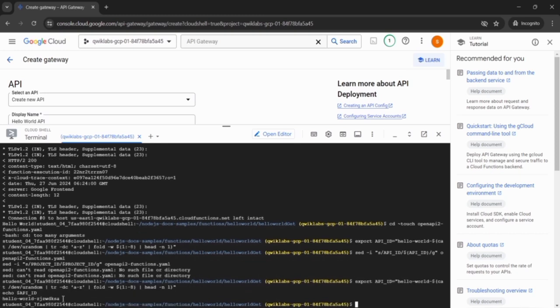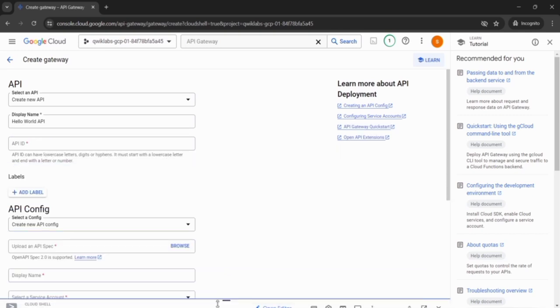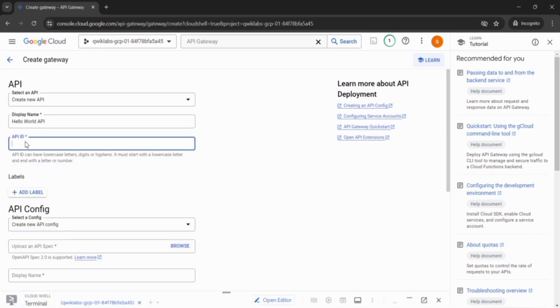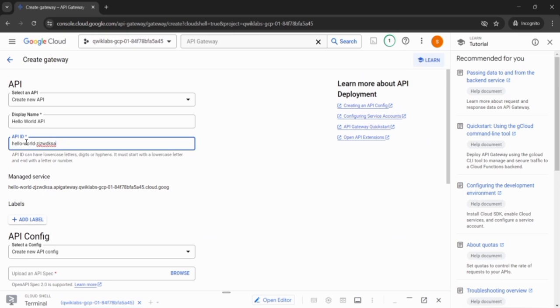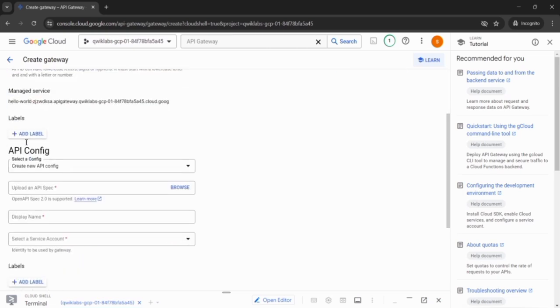Now we get the API ID. So copy this API ID from here, minimize the size of the shell and paste it in the API ID. So this has been done. In the API configuration, you have to select a configuration to create a new API configuration, and for uploading